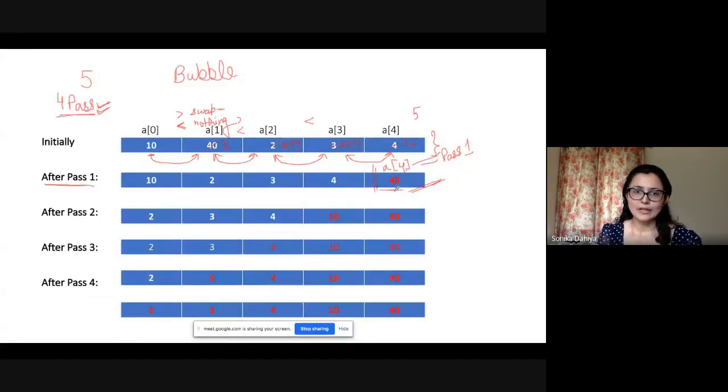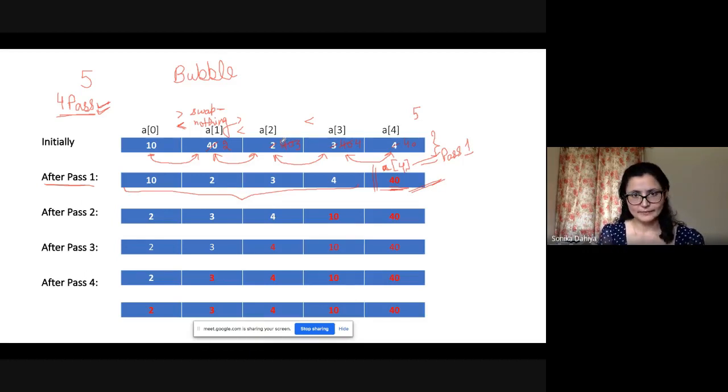We know this is the final position for value 40 in the array. To make the array sorted, 40 will be finally at this position only. It won't be changing position. Is that simple? Okay. Now, that means after pass 1, you can also understand it this way: after pass 1, only the largest element is placed at its place, and the remaining elements we need to follow the same process as we followed